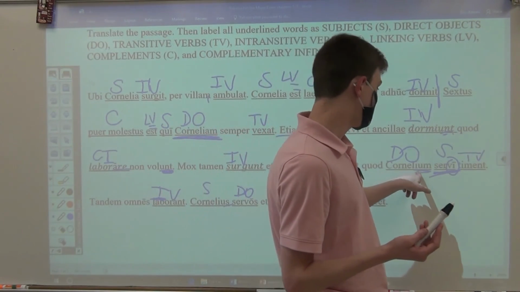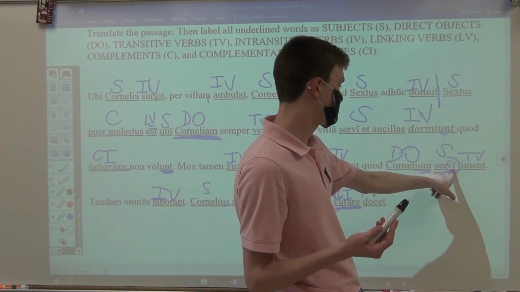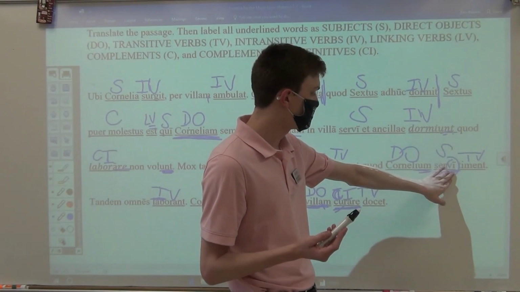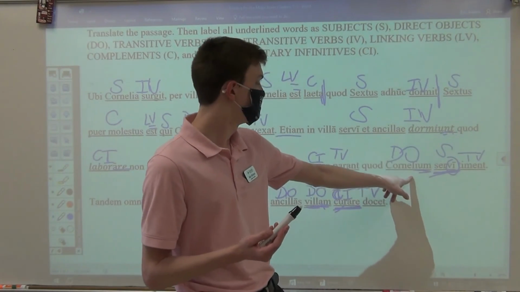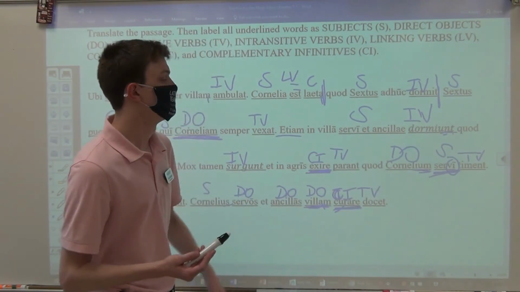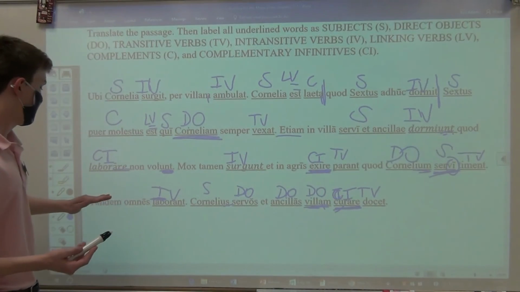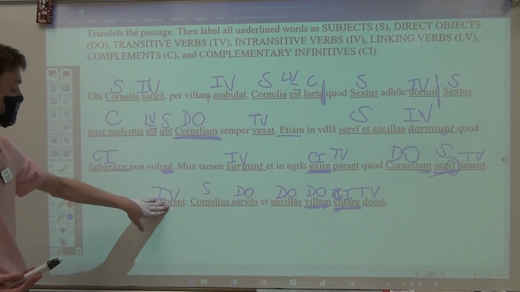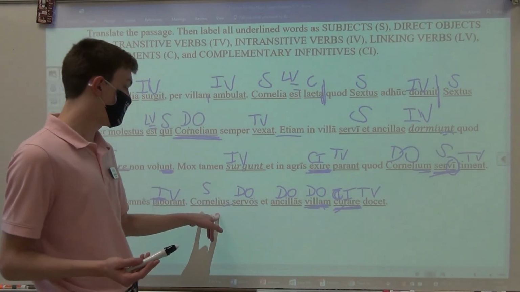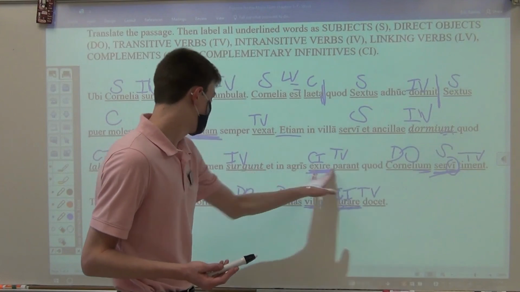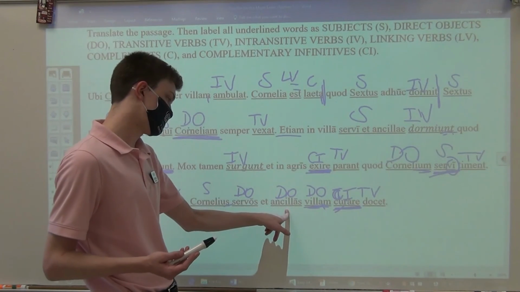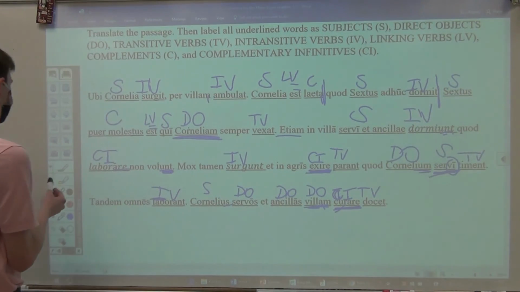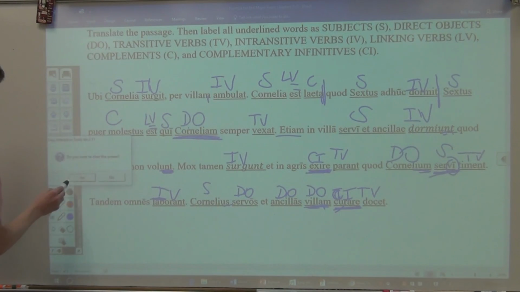Because the slaves, sorry, I was just reading left to right, I was wrong for doing that. Because the slaves fear Cornelius. Because this is our accusative ending. Slaves fear Cornelius. At last, everyone, or all the people, are working. Cornelius teaches the slaves and the slave ladies to care for the house. Alright. And now we're going to go to our